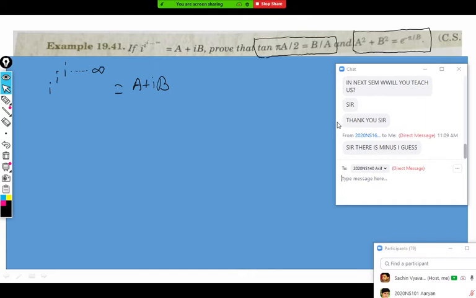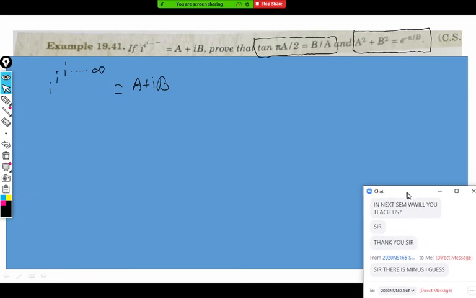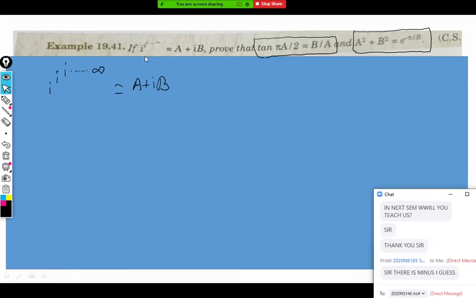Where is the minus, Swapnil? Sir, in the question it's visible, the minus in the question. Okay, just 1 minute, I will check it. No, there is no minus. That may be, actually it is iota. e raised to iota is there. That iota dot looks like a minus. So this is not minus. This is the dot of iota there. Clear? Yes, sir, clear.